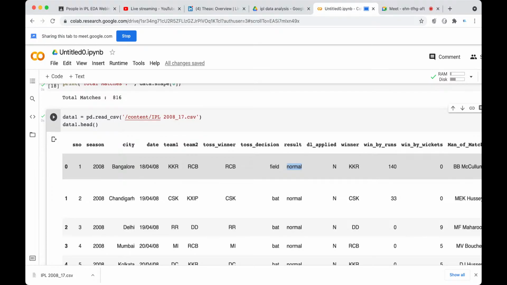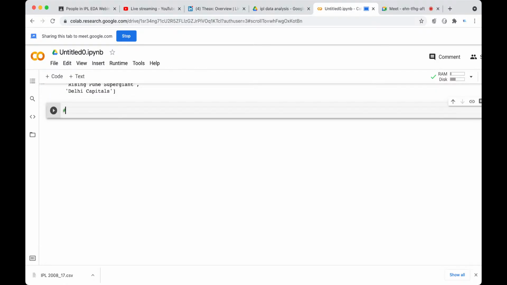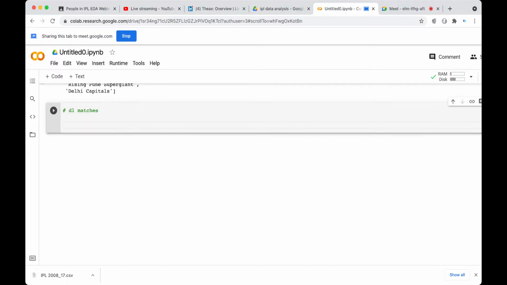So we can just have an overview of the number of matches in the IPL from 2008 to 2017, right? And the number of matches where DL was applied. Understood? So we can just get the number of matches where DL was applied, simple, in data 1. So we can just say DL matches. Let's just grab it: data 1,